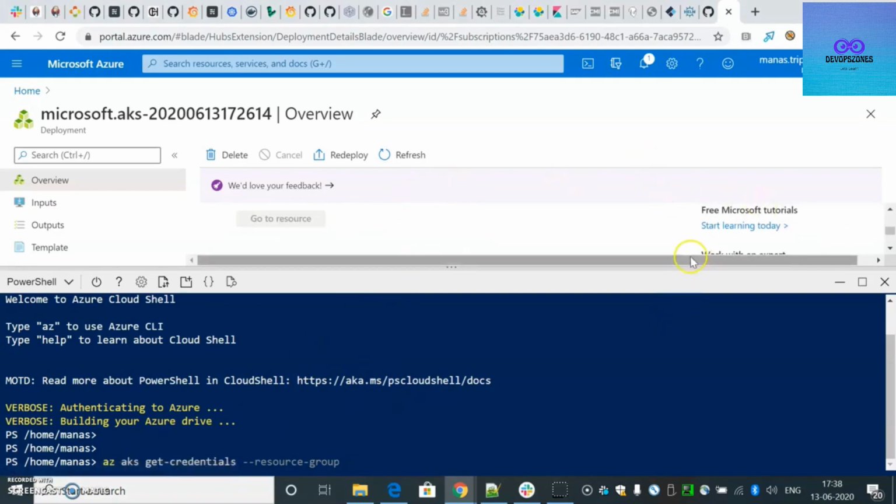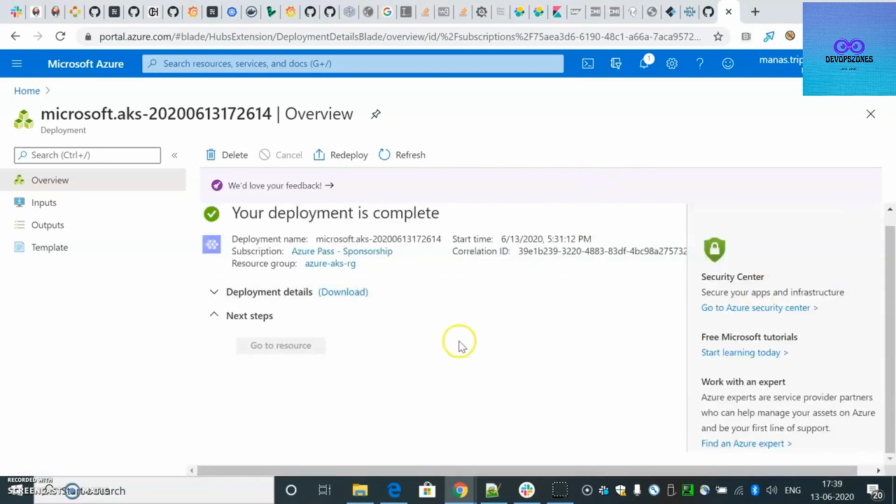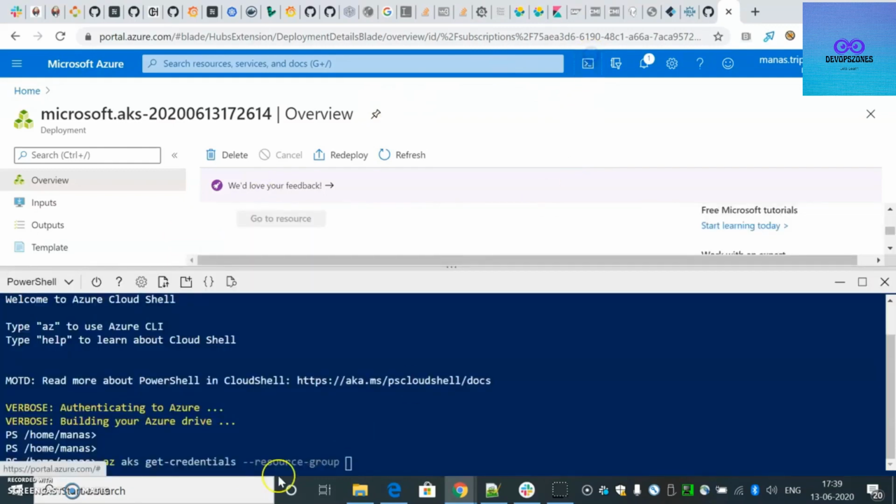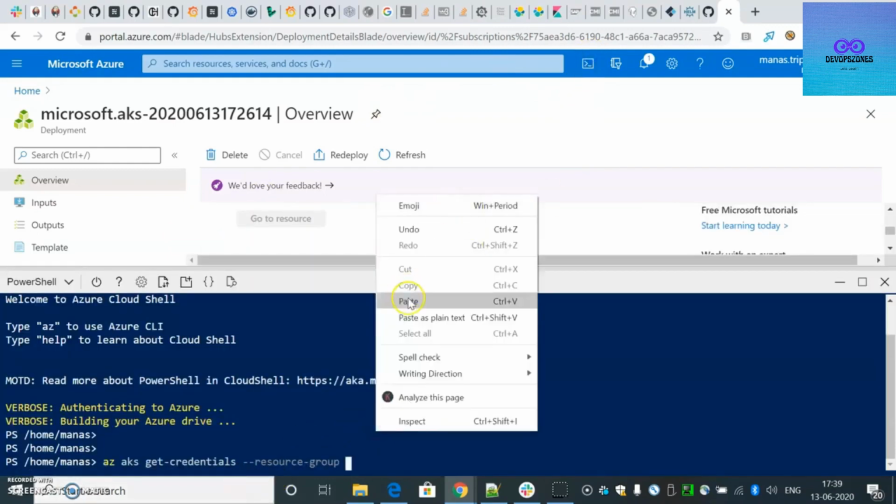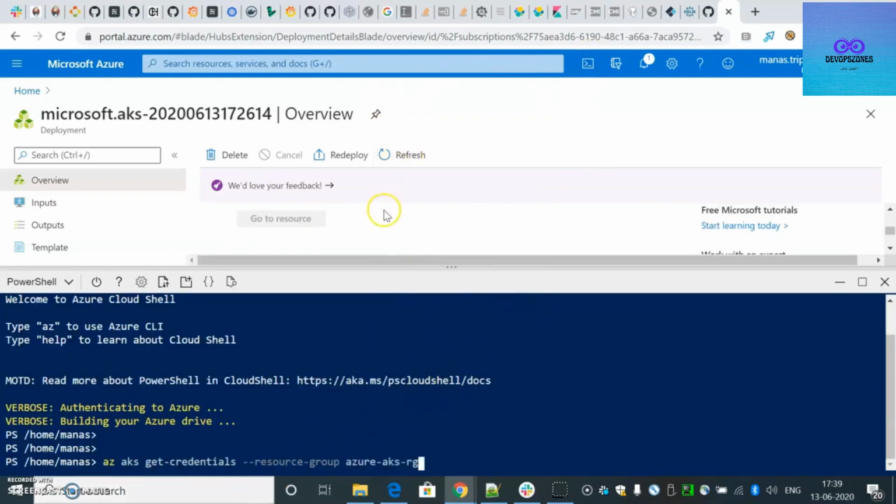We'll just go here and see. This is our resource group, just paste it over here. Okay. And then we'll have to give our cluster name,